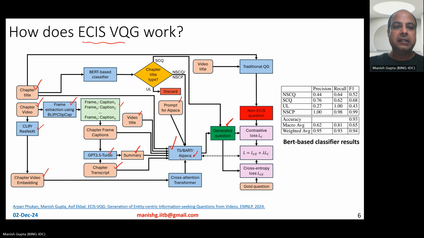Now, of course, we don't generate questions from every chapter. Remember, for useless chapters, we don't generate questions. So there needs to be a BERT-based classifier, which takes the chapter title and tells you whether it is a useless question or not. If it's a useless question, we discard it. We stop here. We cannot generate a question out of this chapter. If the title is itself a self-complete question,